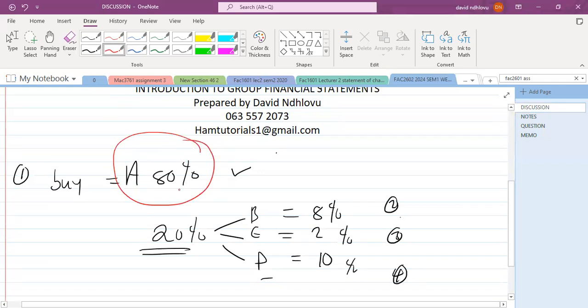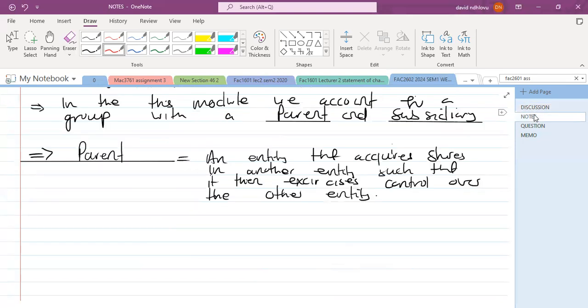It means company A is able to control this particular company, because they can outvote the other shareholders combined. So the decisions of the company that we have invested in, we can actually determine decision making there. We can determine the policy, or what the company does. When you have that ability to outvote everyone as a company, we say you have got control over that particular entity, and therefore you are the parent in this arrangement. Are we clear, good people? Are we understanding that?